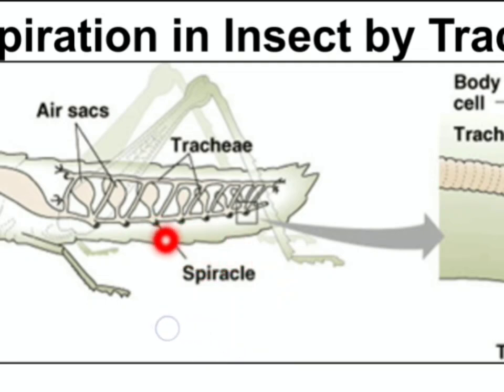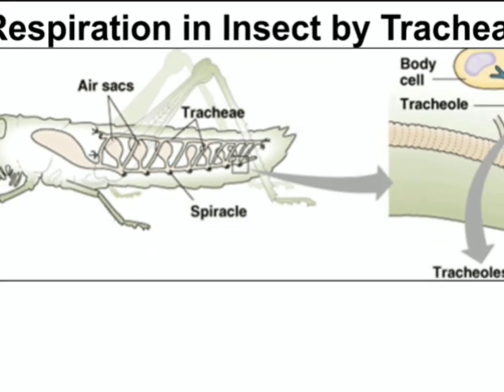This spiracle is the opening present on the body of the insect, and internally it is connected with a tube or channel-like system. This is basically the trachea. One more feature of the tracheal system in these insects is that air sacs are also present. Because of diffusion again, the air sac will play its role. The air will be sucked in by these air sacs, and the air will go inside the tracheal system with the help of these spiracles.